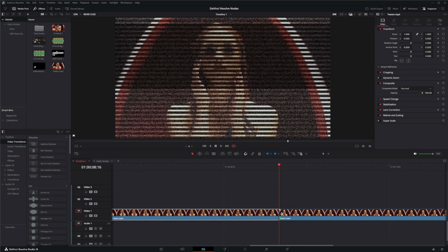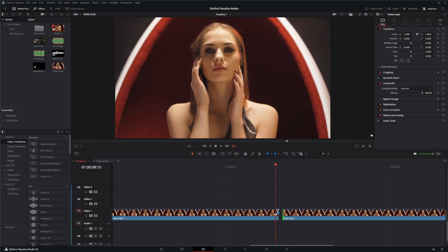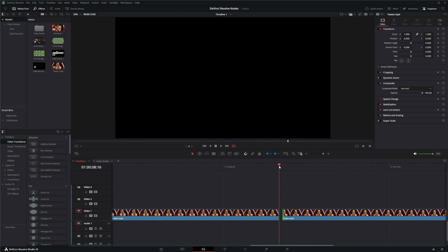So in order to do this, first thing you want to do is cut away that one frame, because what the Tween node is going to do is going to allow us to take that frame before, the frame after, and it's going to fill in that gap using its built-in optical flow within the Tween node. So we'll go ahead and cut that, and we're going to